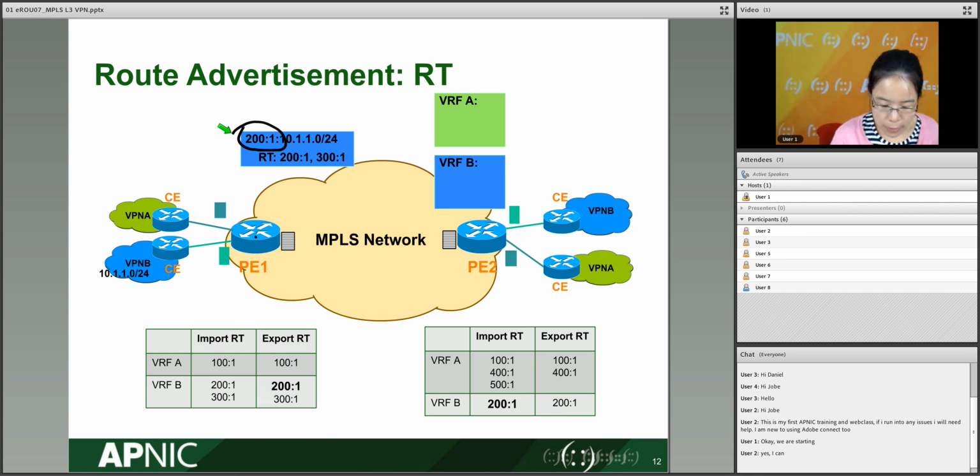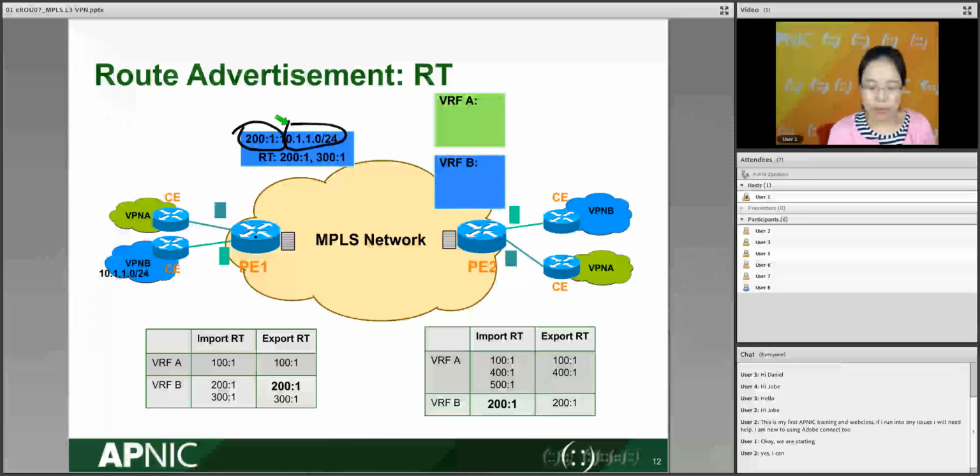You can see this is RD added in front of our IPv4 address. This is the VPN v4 in front of IPv4. So RT will be included as the attributes in the BGP update message. And before we go to the distribution, you can see for different VRFs, we have configured some import RT